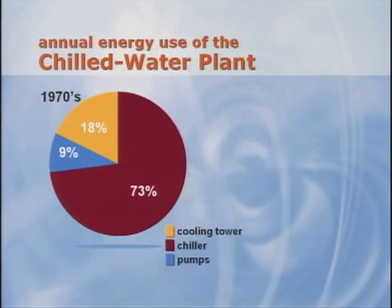Well, we didn't talk much about the chiller plant back in the Fan-Coil system, so let's cover the strategies related to that part of the system now. Traditionally, the performance of a chilled water system focused on the chiller because it was the largest energy consumer in the plant. 30 years ago, the chiller accounted for about 70% of the annual energy used by the chiller plant, while the pumps and cooling towers accounted for the